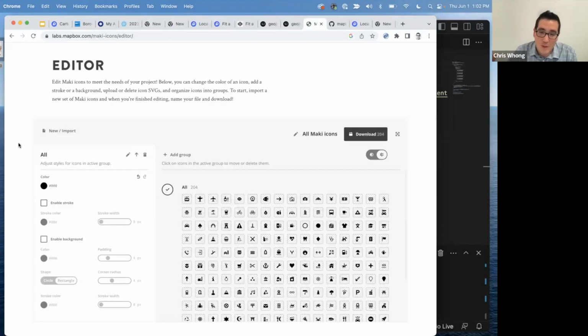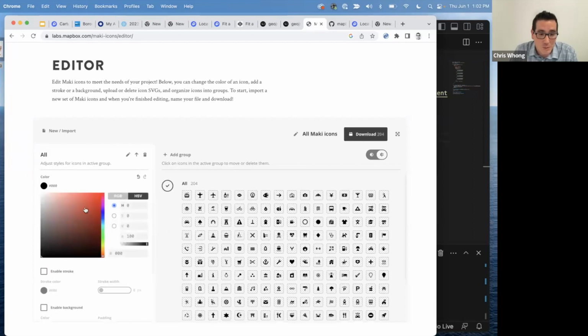But a lot of people, when they use Mapbox, want to really bring their designers in and really customize the way everything on the map looks and feels, down to the icons. So you might use this editor to upload your own icon. You can actually bring your own icons in here, and it'll help you get them ready for the map. Or you can just take the icons we have already and change the way they behave.